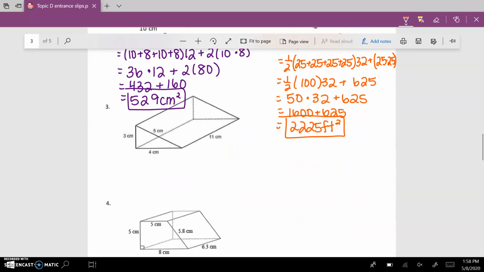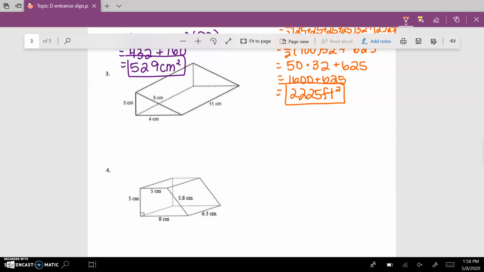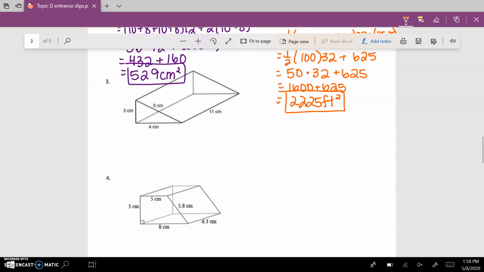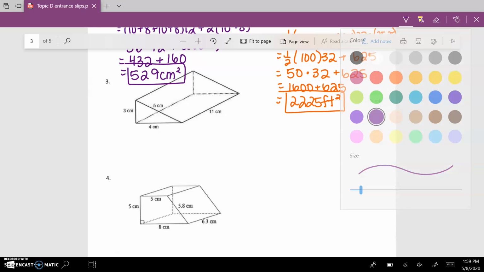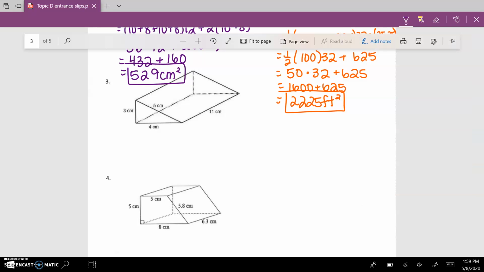All right. And then number three here is going to be going back to using that original formula. Go back to purple here since it is a prism. So I've got the perimeter of the base times the height plus 2 times the area of the base. So my base here in this case is the triangle. So perimeter of the base would be 3 plus 4 plus 5. The height of the shape is 11 plus 2 times, now the area of the base would be 3 times